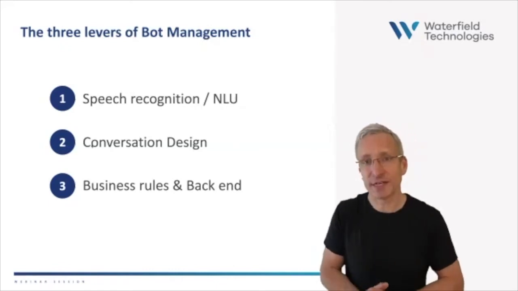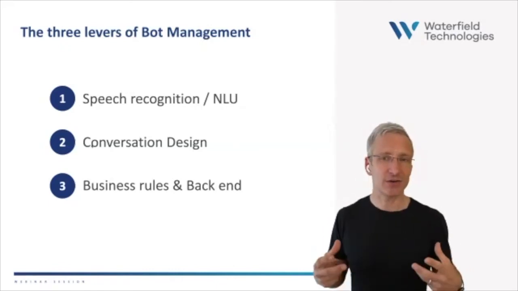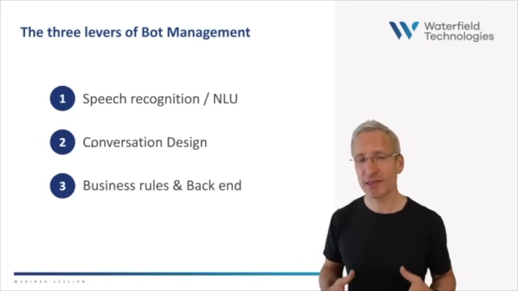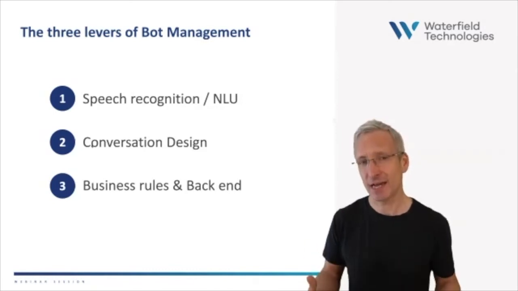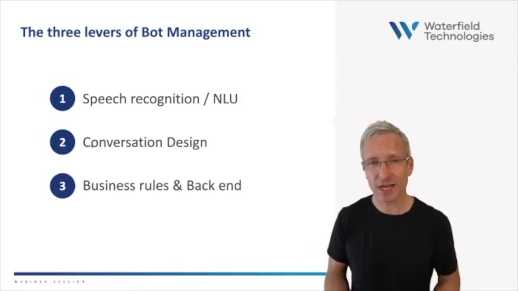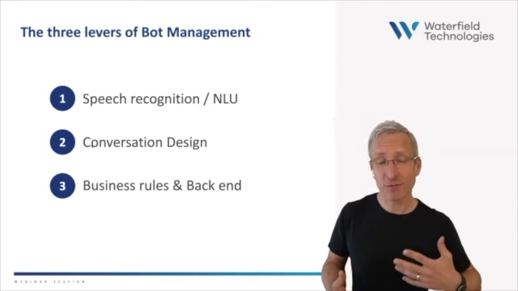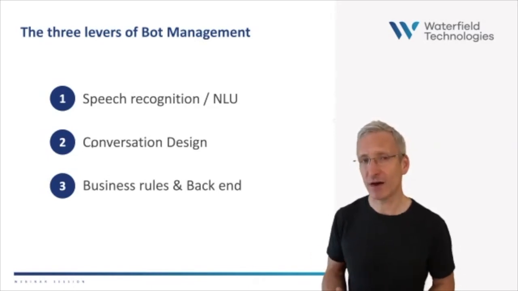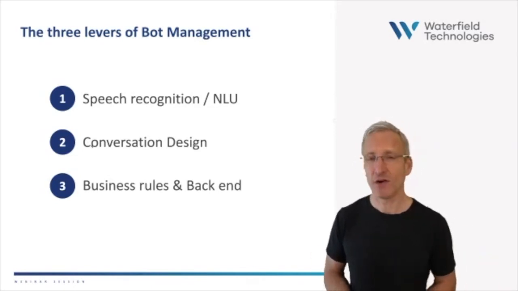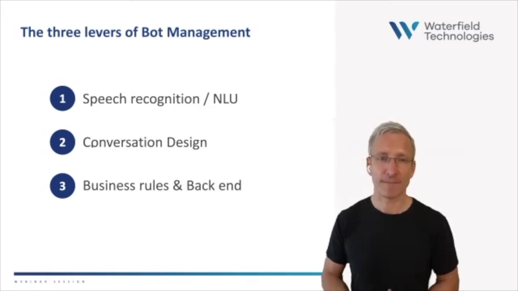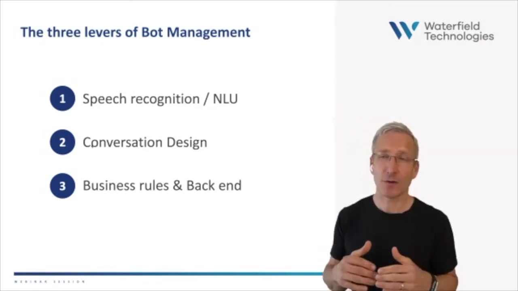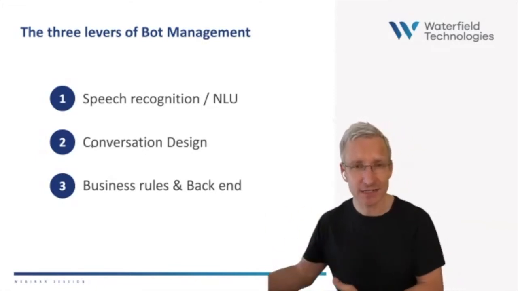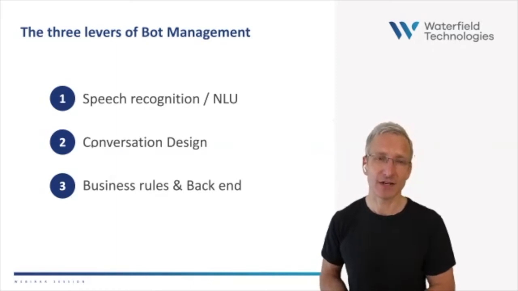Second up, we've got conversation design. And it's all about changing the design so it feels more natural and effortless to your customer, so it really speaks their language. So it might be that the prompts, the things the system is saying, are not resonating with the customer, not causing a customer to act in the way that we need them to act to help them. Maybe we're not being specific enough about where they can find their account number or which telephone number we're asking for. Maybe we're not being clear enough that this isn't something that an agent can provide any more information on, so there's no need to go through and speak to an agent about it.